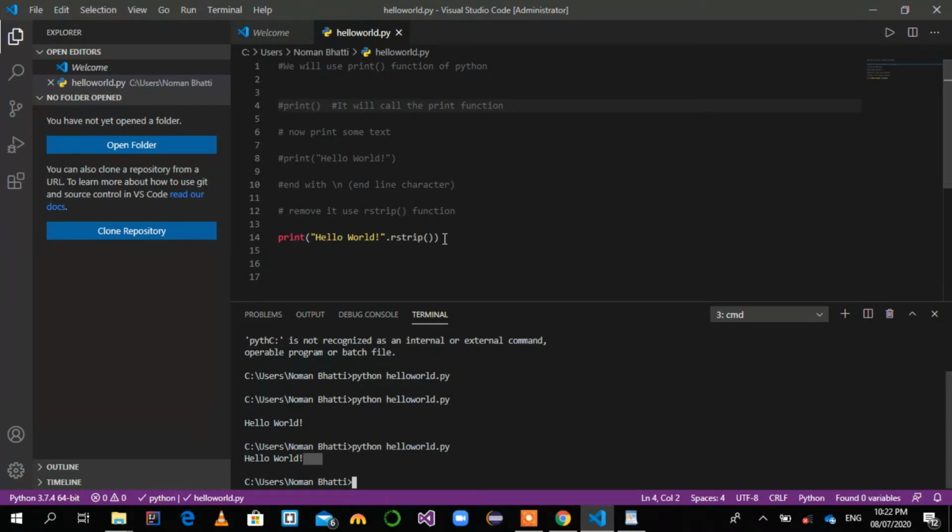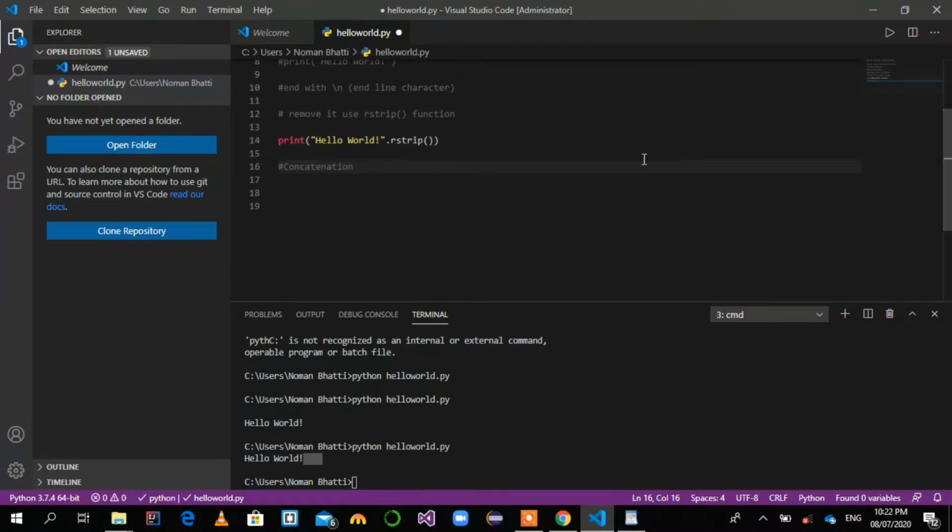Now we are going to use the plus operator to concatenate multiple strings. The plus operator concatenates multiple strings to form a single string.